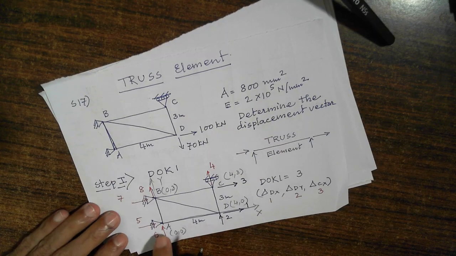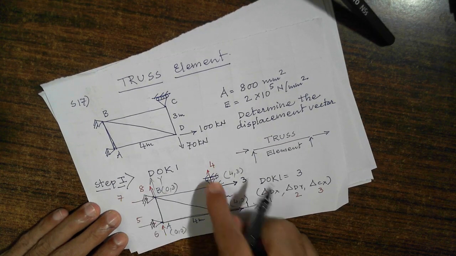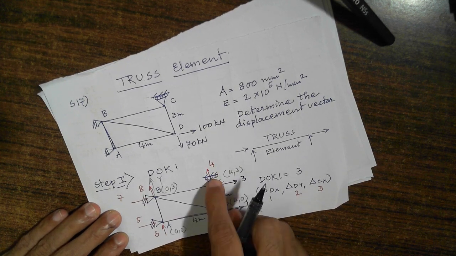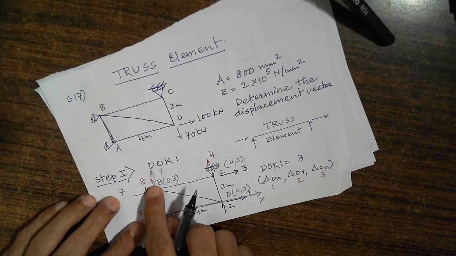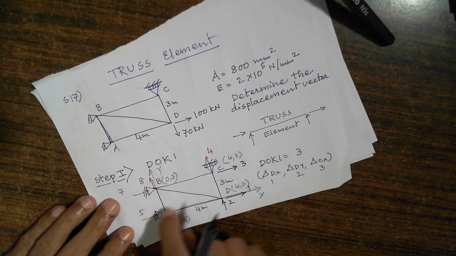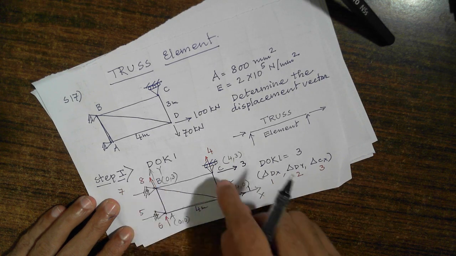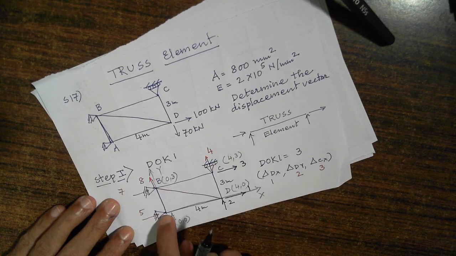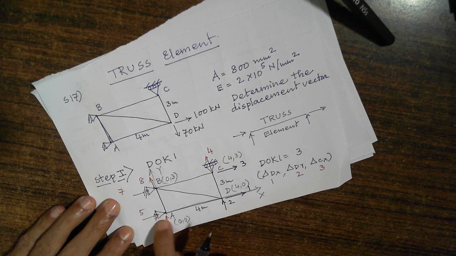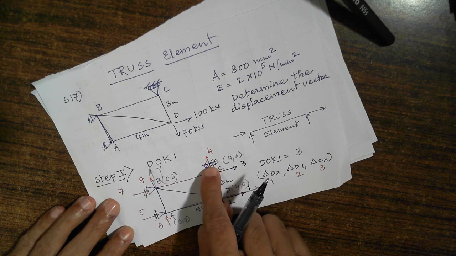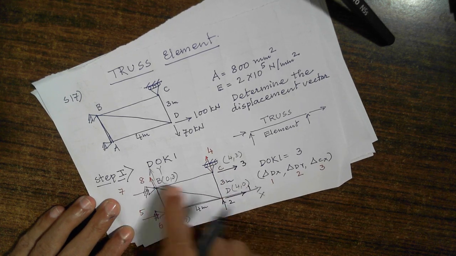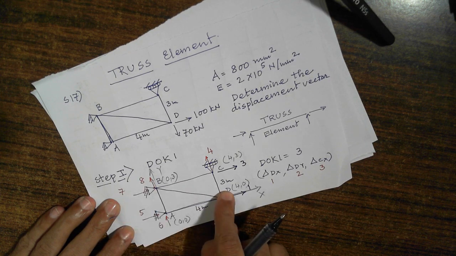Look at this. I have taken AB, BC, DC. Why have I not taken CD? I will take DC because I know the matrix for AB and the matrix for DC will be the same, as they have their x direction oriented in the same direction. So instead of writing CD, I have taken DC. I have taken AD. I know the matrix for AD and the matrix for BC will be the same because their x direction is the same. And then for BD, I have a choice whether to take B to D or D to B. I have selected B to D. Right?